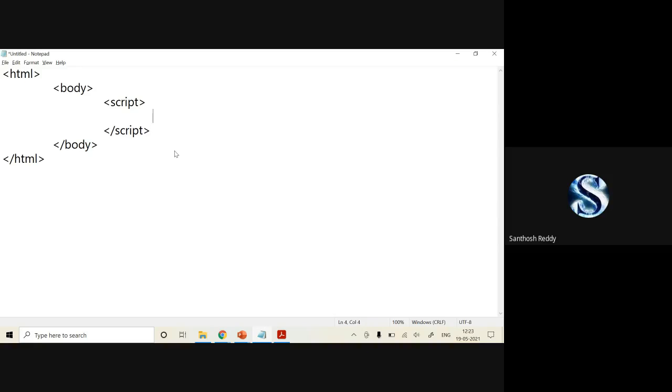Now, what I have to do? You have to generate your squares and cubes in the table format. So what I'll do first, I want to frame the table. One minute.